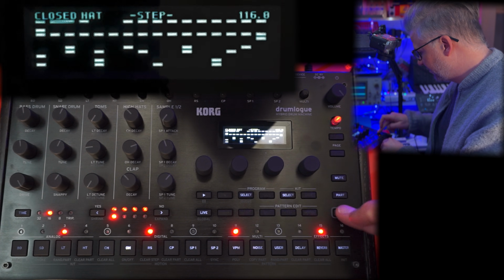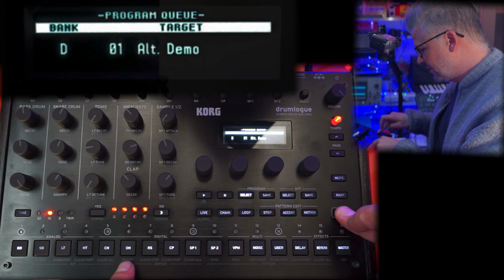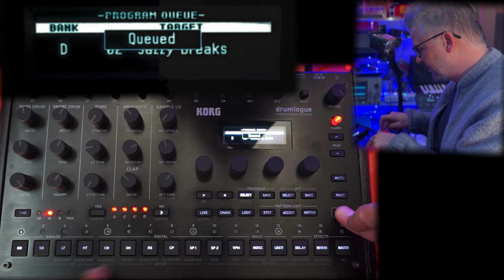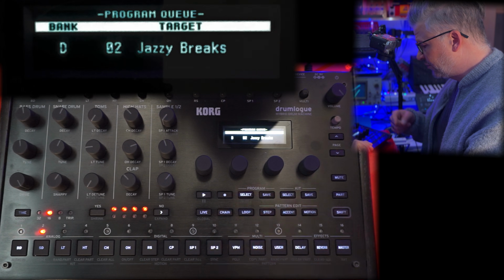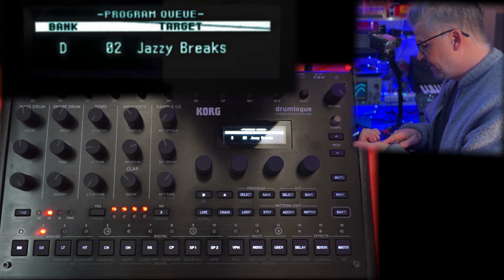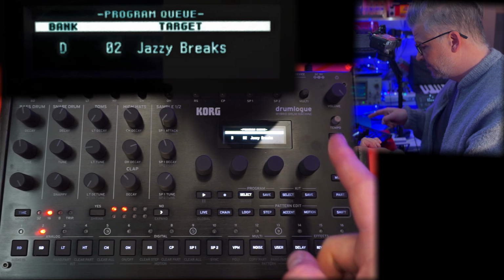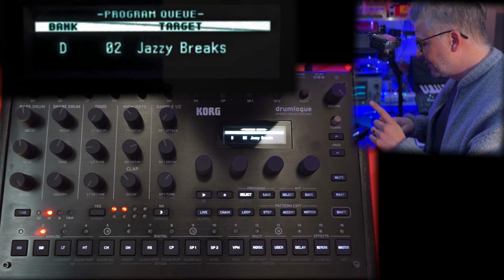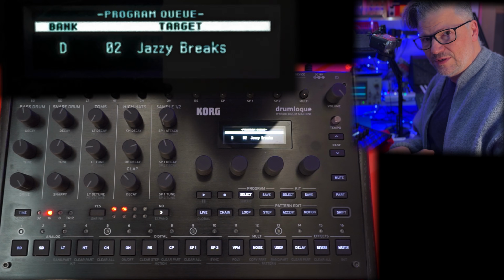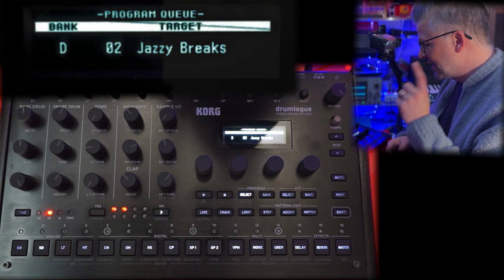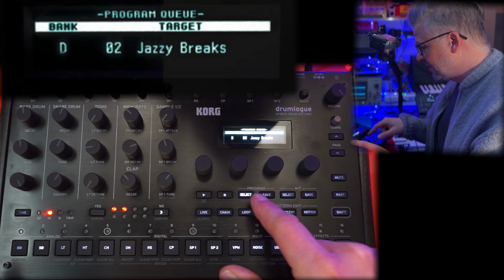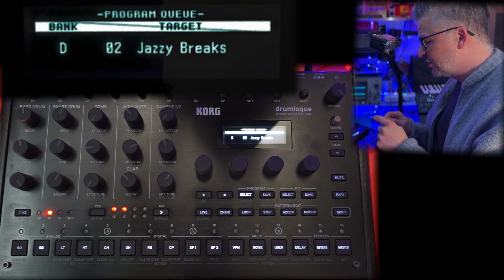So if I press shift and I cue something, I don't know, this one here is going to be cued. So when I press play, it's still going to play the first one. Now it changes to this one. So it doesn't play it 4 times because it plays once and then jumps to the next one that was cued in. Now, something you need to understand, if it's not cued, it means that it's going to change on